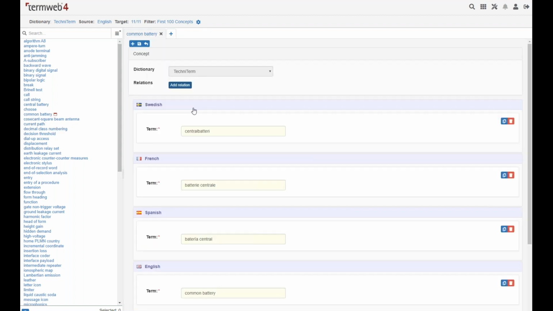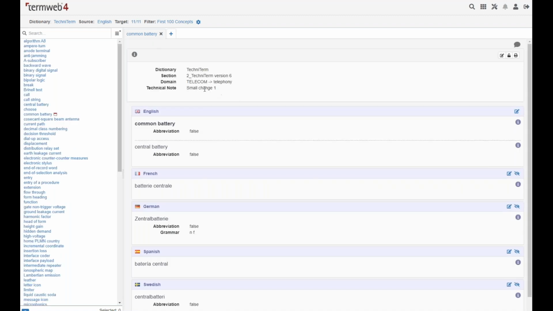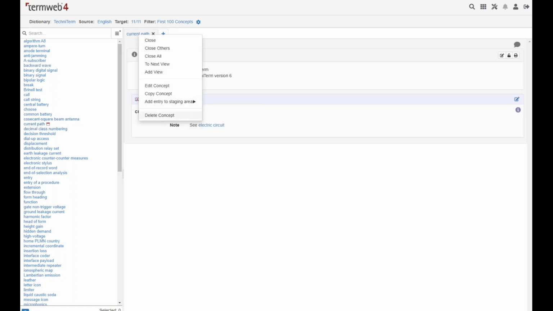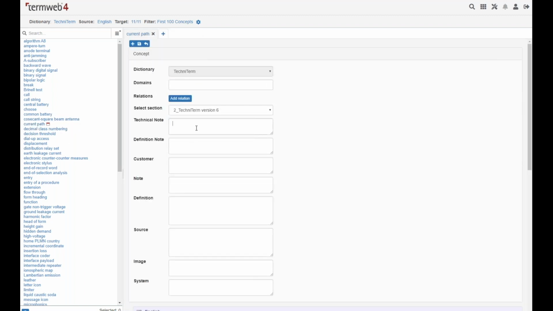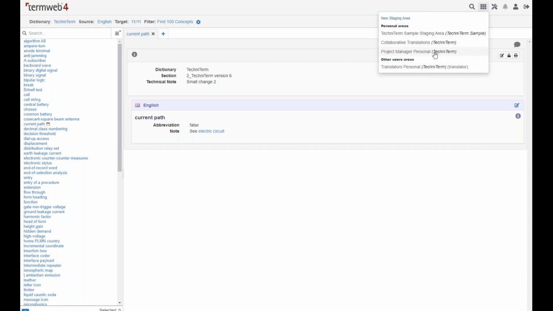I'm going to add a small change to the technical note here. I'm going to call it small change 1, and then I'm going to save this change here. See that change there, and then I'm going to choose current path, and make a small change to this technical note as well. Now, the point of this was to show you what happens if other people are editing the terms that you currently have in your staging area, which is going to be a problem if you have a lot of users editing your terms. If you jump back into the staging area,